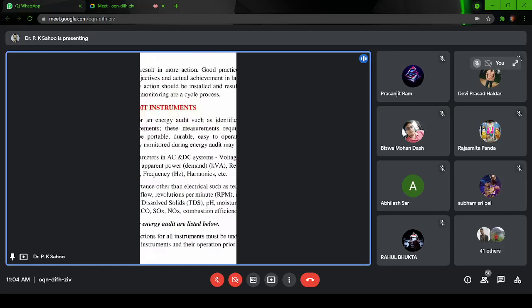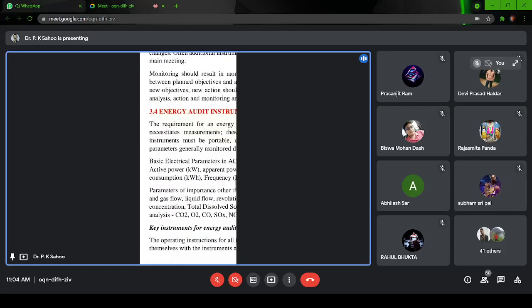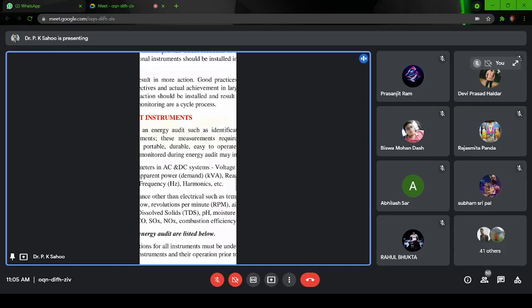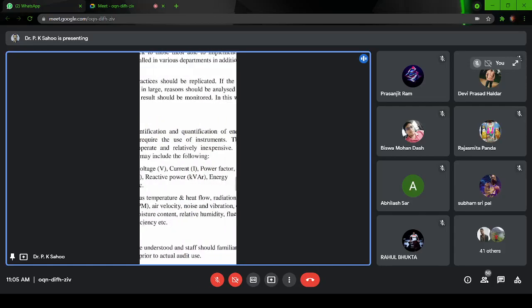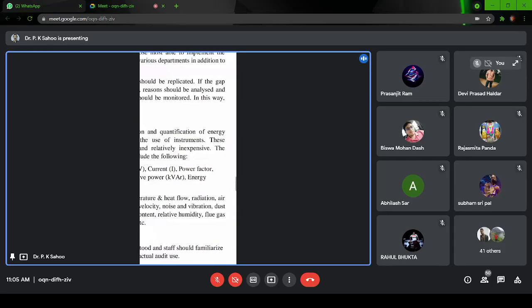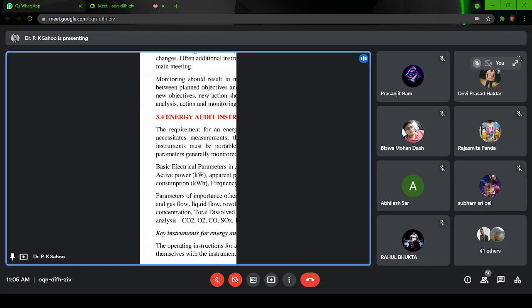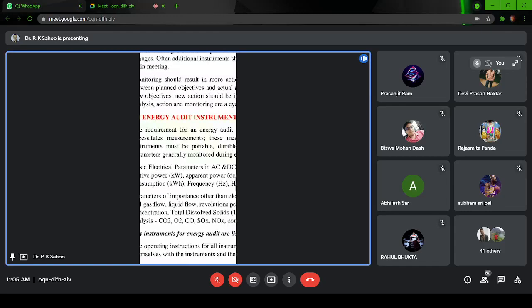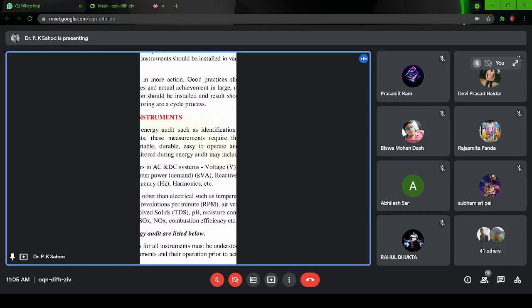So you see here, monitoring should result in more action. Good practices should be reflected. And very important, if the gap between the planned objective and actual achievement is large,